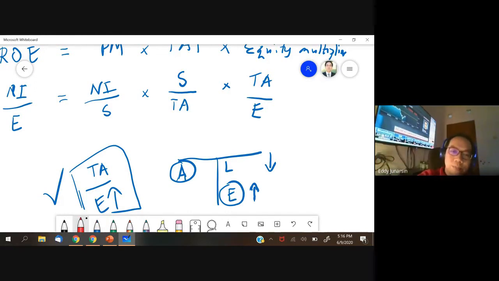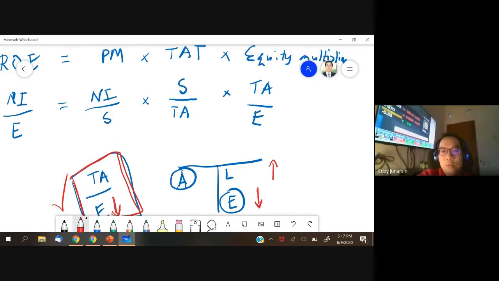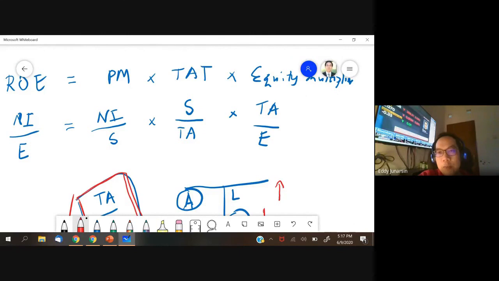What about if I do it differently? Now, if I decrease the proportion of equity, here, total assets divided by equity. If I lower the equity, then this ratio will be higher. The equity multiplier will be higher. And let's prove it here. If I lower the proportion of equity, that means that I'm increasing the proportion of debt, similar to what this ratio shows, right? Higher equity multiplier means a higher debt ratio. So again here, we represent the debt ratio using the equity multiplier, so that we could nicely arrange this mathematically,